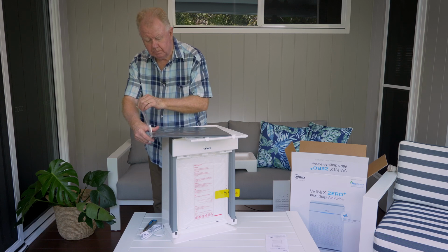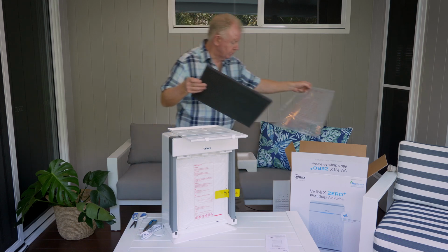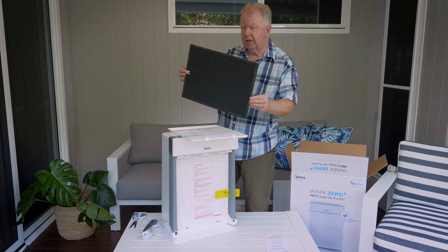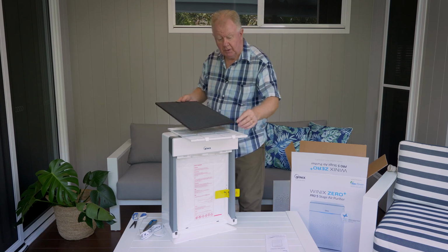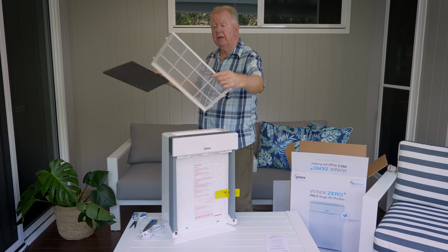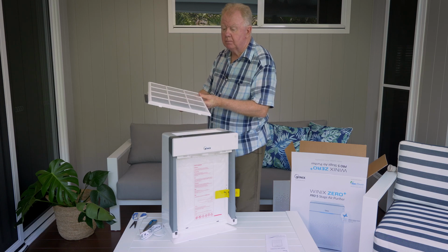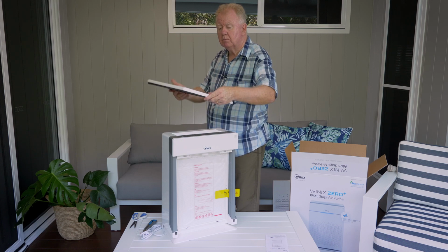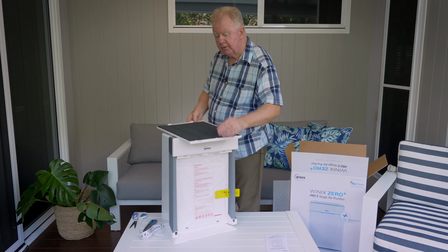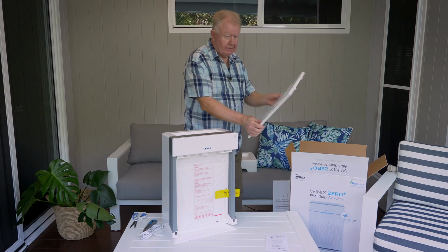Very simple. Take that out. That's what your activated carbon filter looks like. So let's position it back into here. If I'm looking at it from the front onwards, you can see the front's written on there. It'll slide straight into the back there, inside the little lugs, close it in. So that's your pre-filter and activated carbon filter. I'll put that to the side for a moment